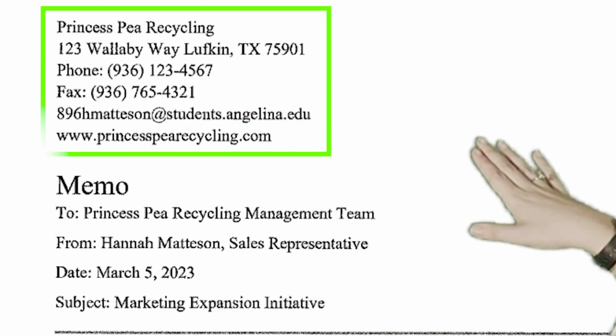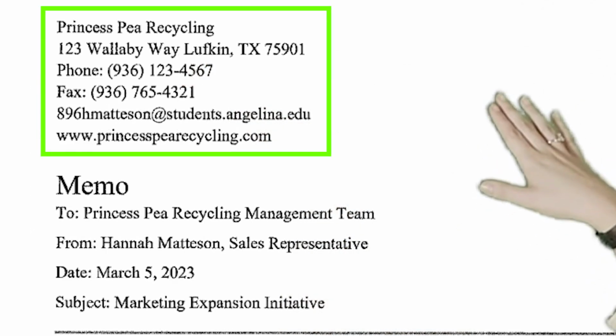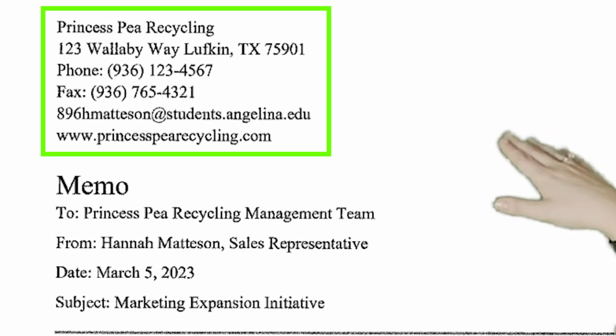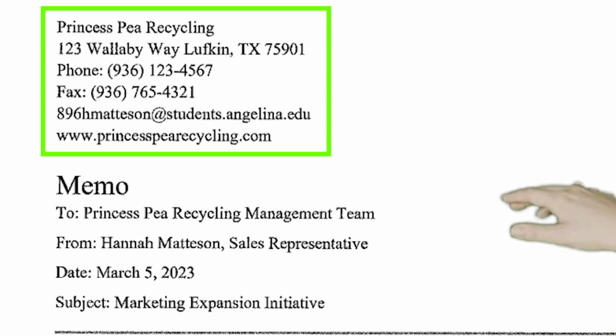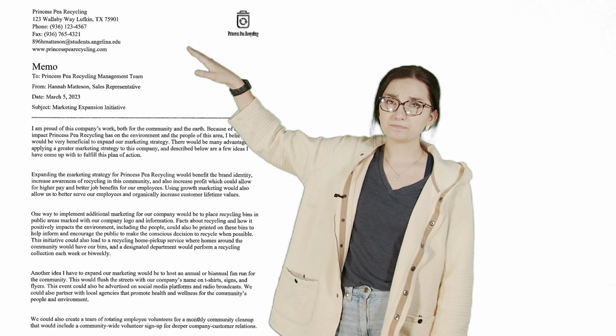So this is an example for the memo assignment in Mr. Oliver's class. In this particular example, you have to remember that the memo is supposed to be an inter-office internal communication device. So it starts with the general business information. This one has the name of the business, the physical address, and then the phone number, email, and contact information for the specific person who's writing this memo.